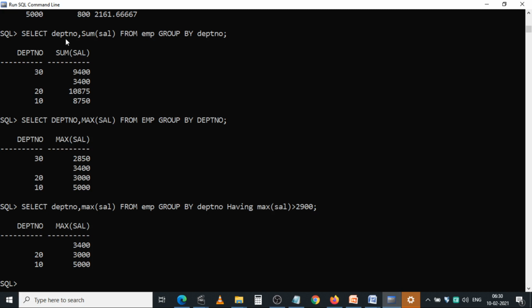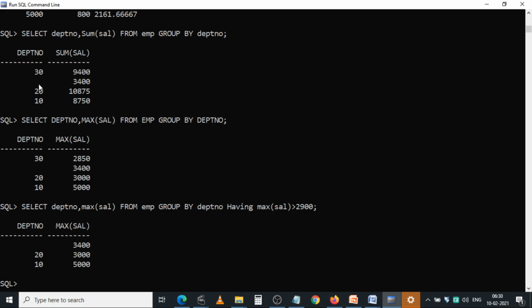Select department number, sum of sal. I want to know the sum of salaries department wise, from EMP group by department number. So whatever column you are using in the group by, if you use it in the select command, it shows the departments also. So department 10, 20, 30, here the sum of the salaries.